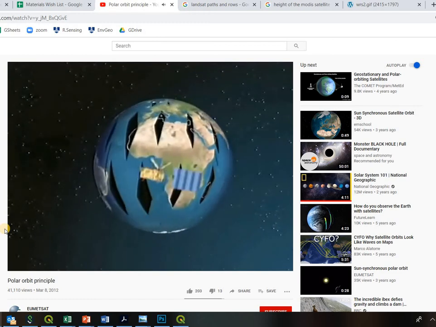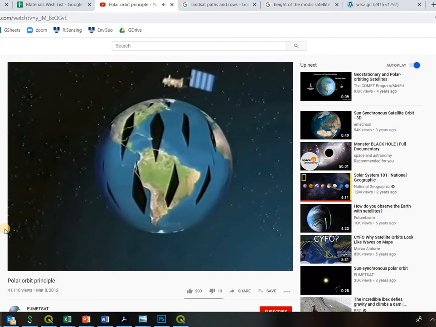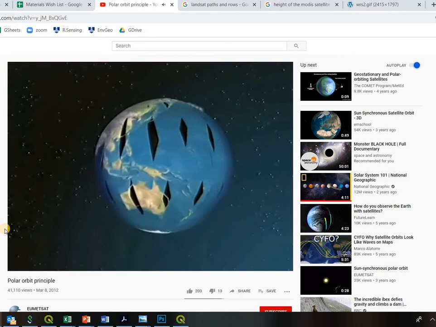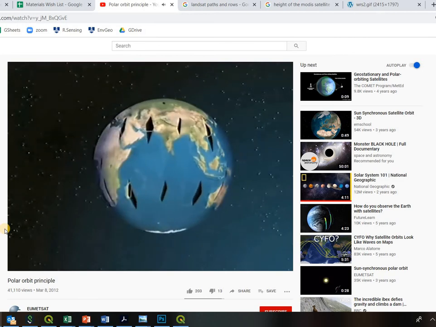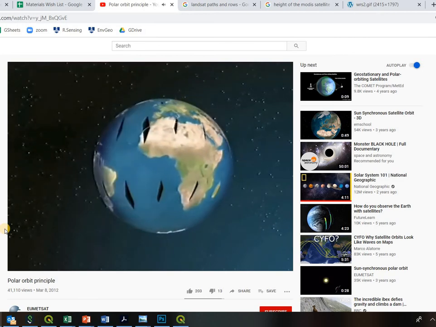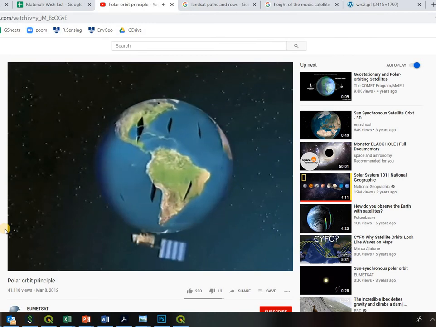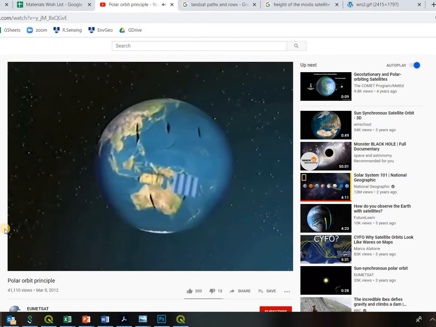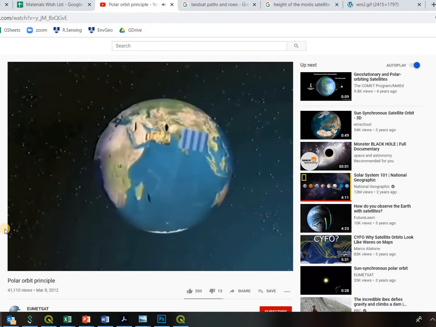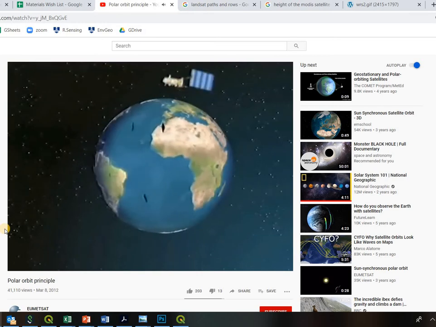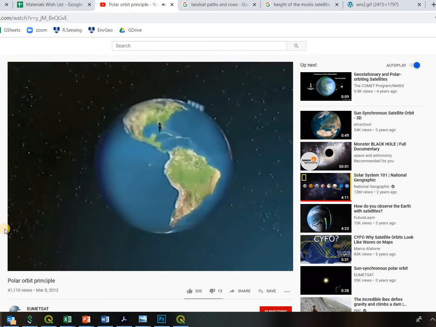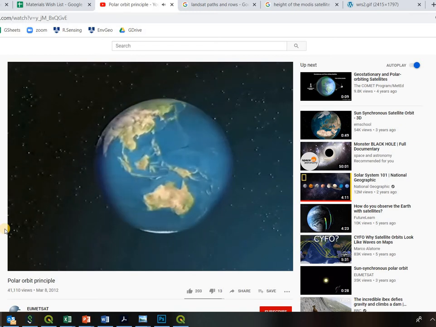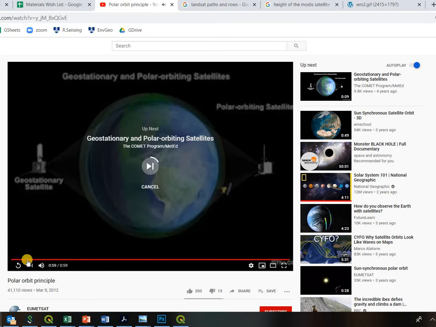And if you want to have global coverage, the idea is to design your orbital period in a way that you get a lot of strips or tracks that get laid down next to each other without too much overlap. So this is why the orbit you're seeing in this video, kind of a subpolar orbit, maybe with an 88-degree inclination or something, is really the most common orbit because it does just that. It has a nice balance with the rotational velocity of the Earth to lay down a lot of parallel tracks